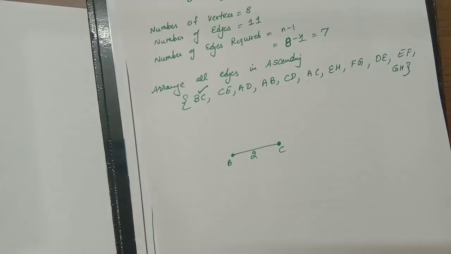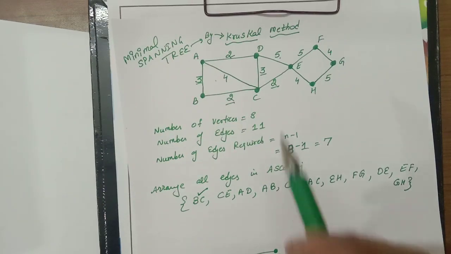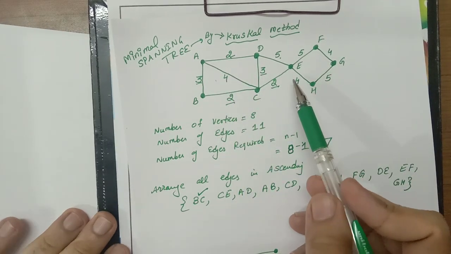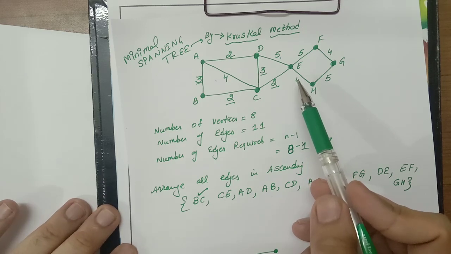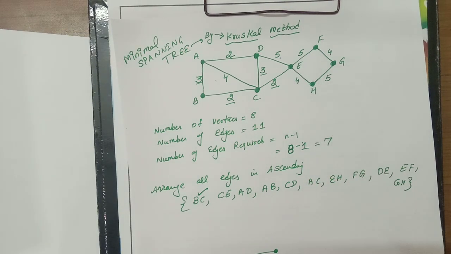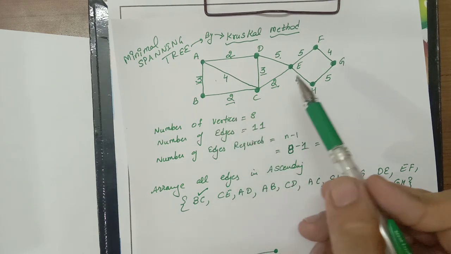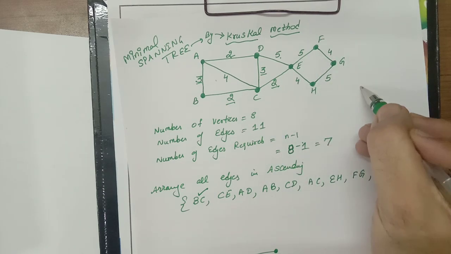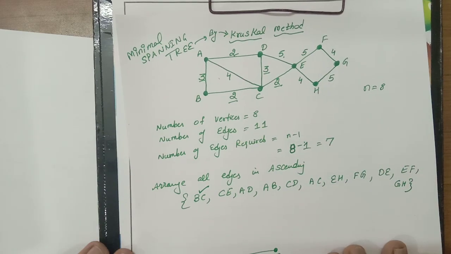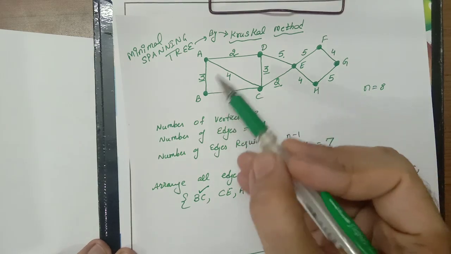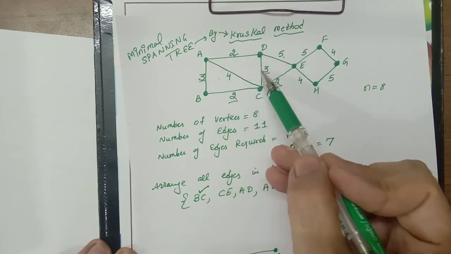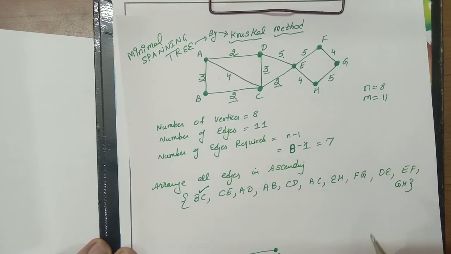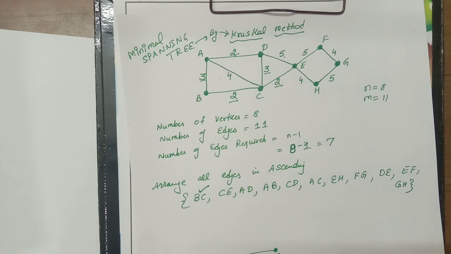Now, suppose this is my question. This is my given graph. As you can see, this example is more complex as compared to the previous one. So here we will apply the proper algorithm. Now in this graph you can see the vertices are A, B, C, D, E, F, G and H. So I can say n is 8. Number of vertices are 8 and the number of edges, you can again see 1, 2, 3, 4, 5, 6, 7 and 4, 11. So my m is 11. How many edges do I have to take to make a minimal spanning tree?